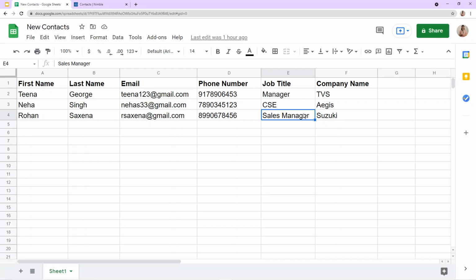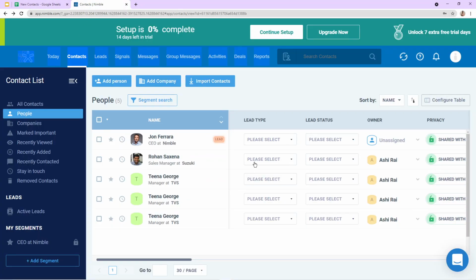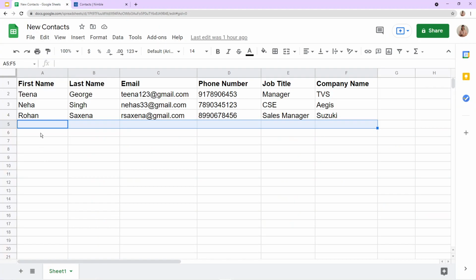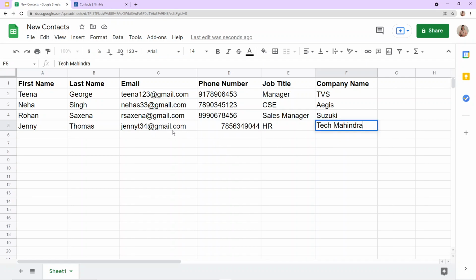So what I am expecting here is whenever I update a row, or we can simply say whenever I add some data in a new row, I want a contact to be created automatically in Nimble. Let me show you how. So I'm just entering some details here and then we will check if the contact in Nimble is created or not. Okay, so I mentioned some details here. Let me align this first. Okay,